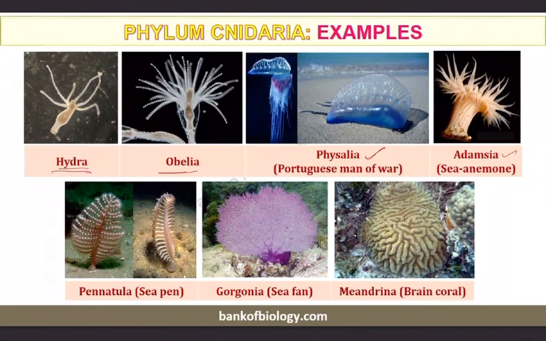And some of the examples that you must remember easily is Hydra and Obelia. Of course, you have got Portuguese man of war, sometimes again UPSC NDA, Physalia. What is called Portuguese man of war? You must remember Physalia. Then sea anemone also, okay, this also you must remember. Sea pen, again UPSC NDA question, Pennatula. Sea fan, again